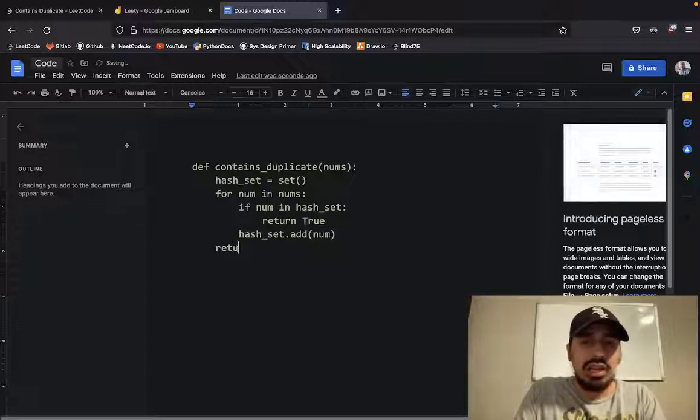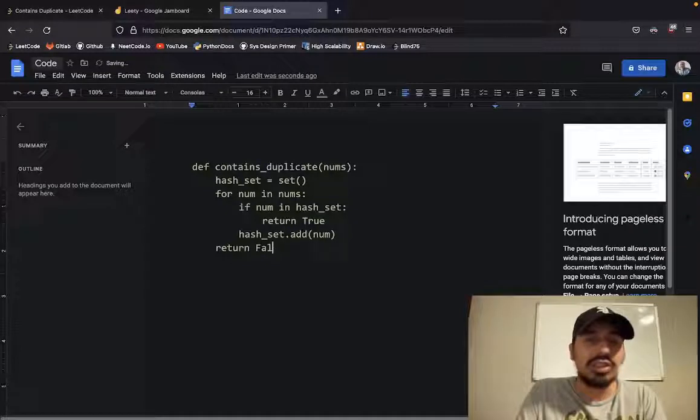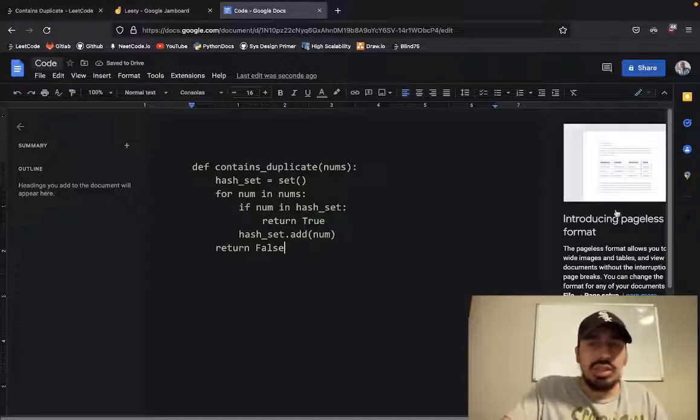And at the end of the for loop, if we don't return true, we don't find a duplicate, we're going to return false. We're going to return false because we never found a duplicate. So here's the